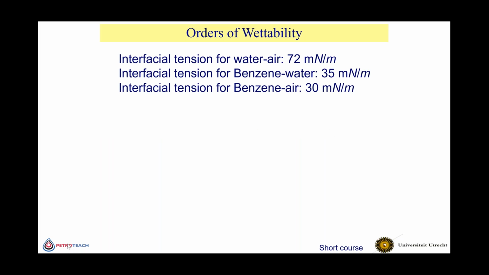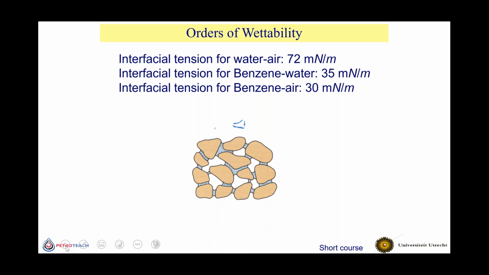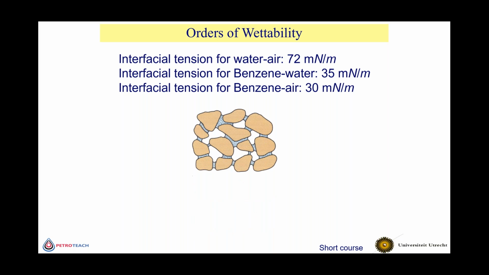This interfacial tension also tells you what the order of wettability is. If you have, for example, solid grains, sand grains, as shown here, and then you have water and benzene and air. Now, if you look at the numbers that are shown here, you can see that the water-air interfacial tension is higher than the other two. This tells you that actually water and air don't want to be next to each other, because if they are, you have a large energy of the system. And we don't want,